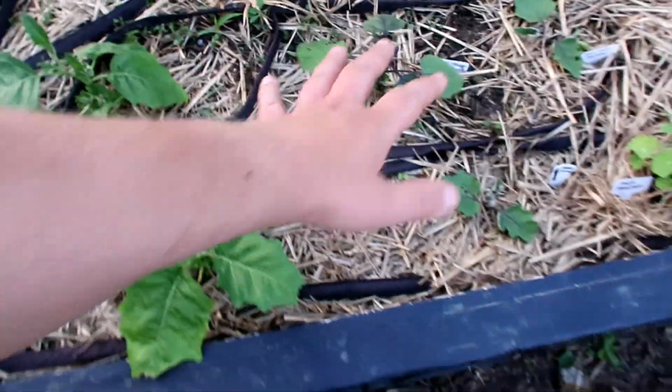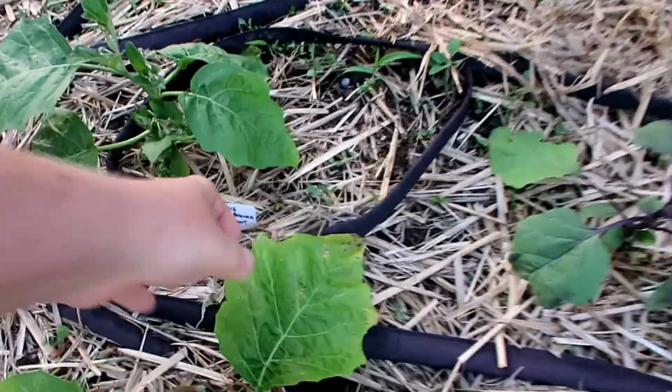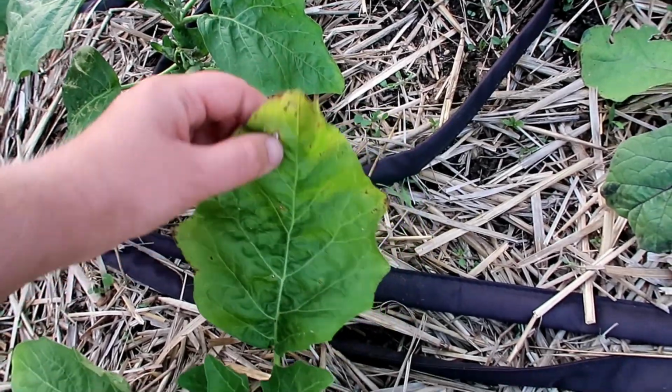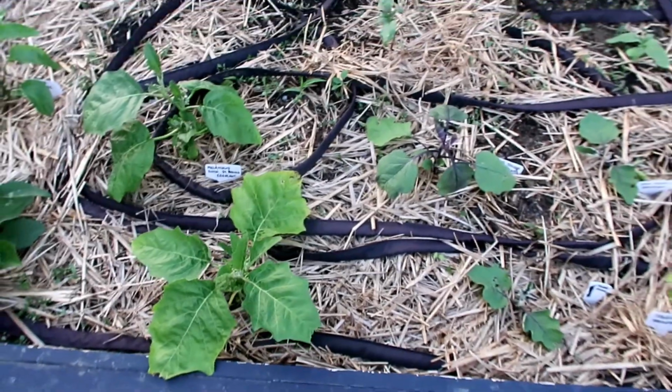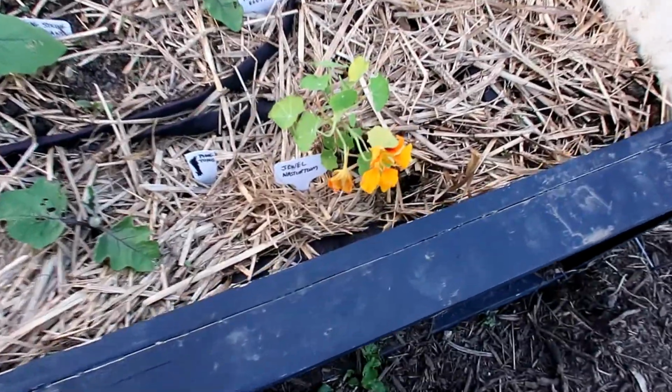These guys here in the middle, these are all eggplants. The leaves are starting to look a little sickly. I actually took some of them off, but this one still has some grossness on it. Not entirely sure what to do about that, but I'm hoping that it will be okay. And then this